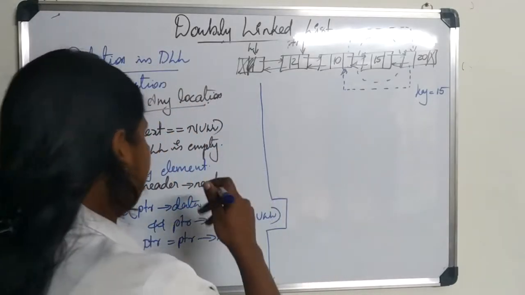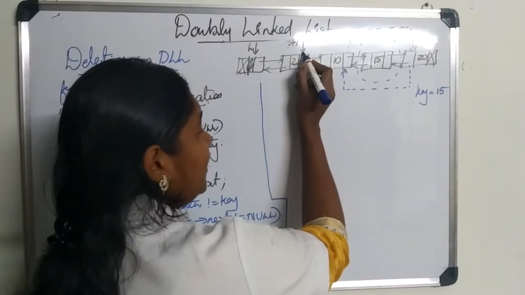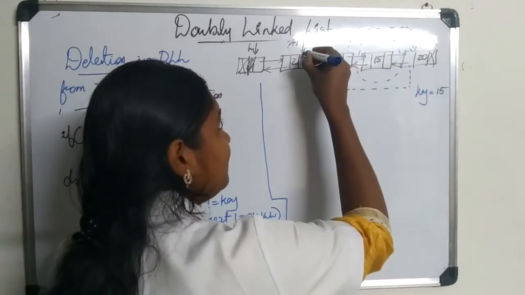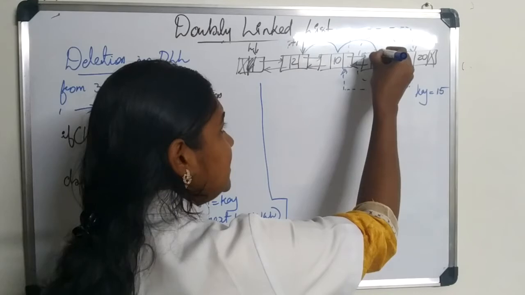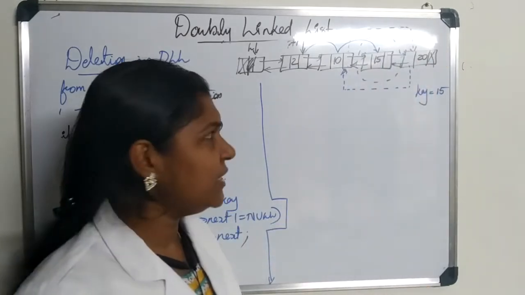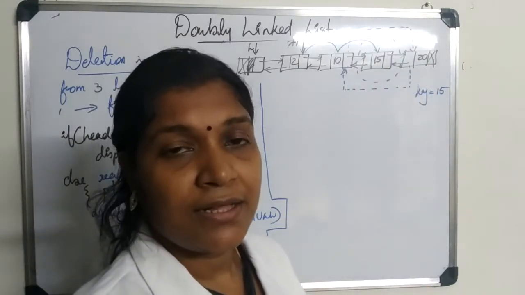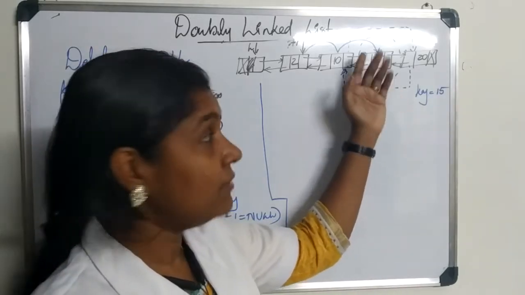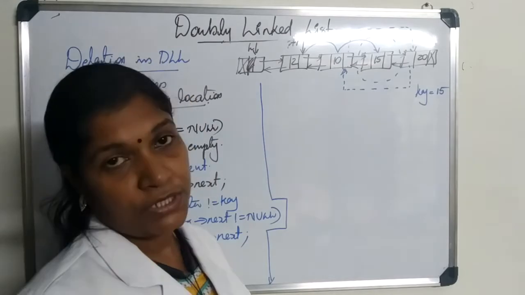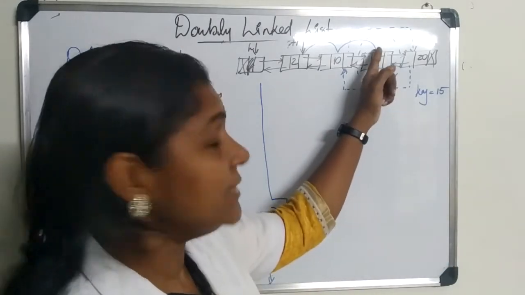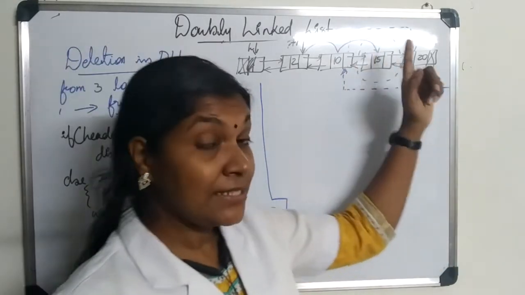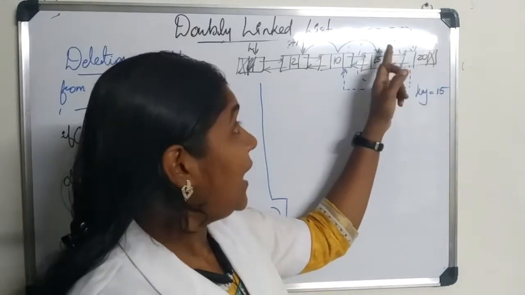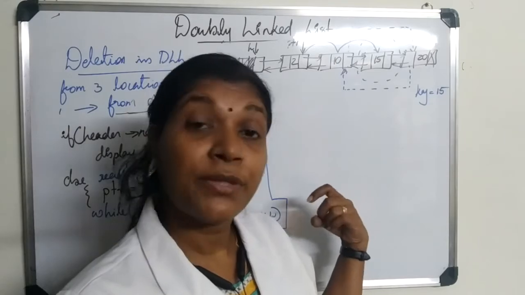Right now, we made PTR point to here. Then taking key value as 15, we are moving on. On reaching here, we will stop our searching. I need not explain it again because this is our searching operation. On finding the element 15, we will come out of the loop. Then what do we need to do? Anyways, this is PTR, and this is a doubly linked list, so it is very easy to assign a name to the next node and a name to the previous node.